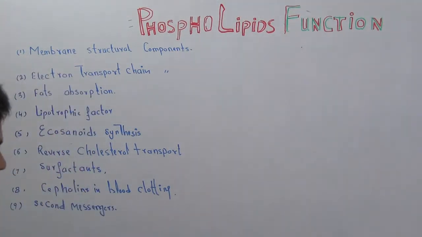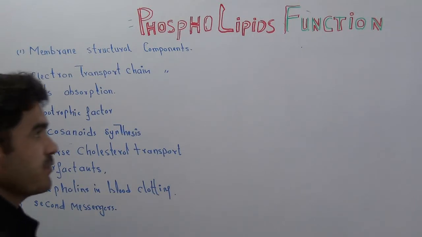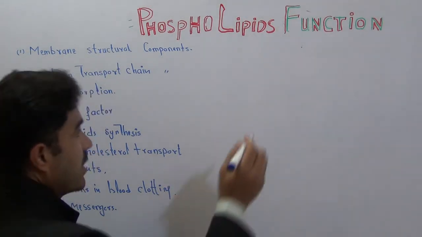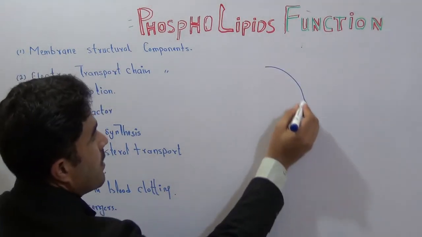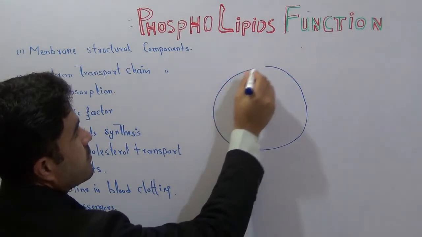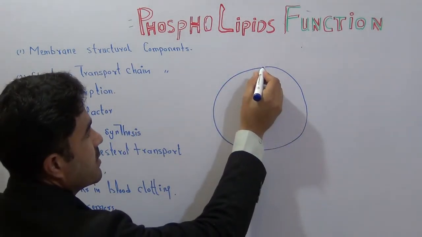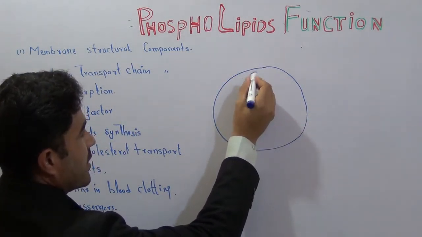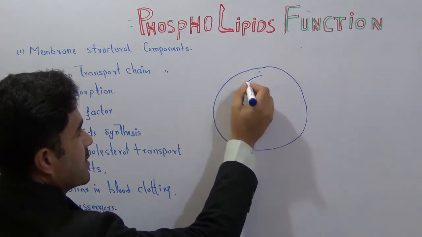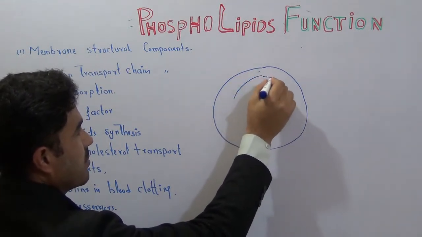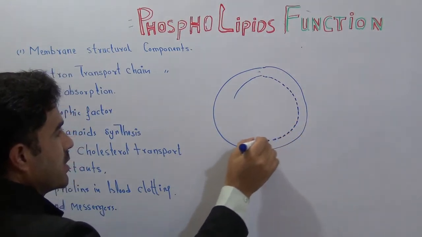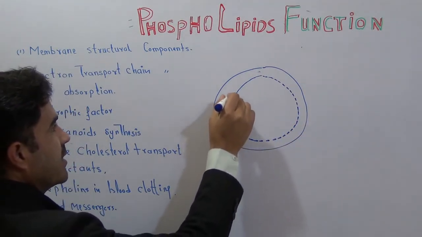Phospholipids have the following importance that I have mentioned on the whiteboard, and I will explain these points one by one. The very first point is membrane structure. As we know, our cell consists of a double membrane called the cell membrane, a bilayer. We also call it a bilayer. So this bilayer